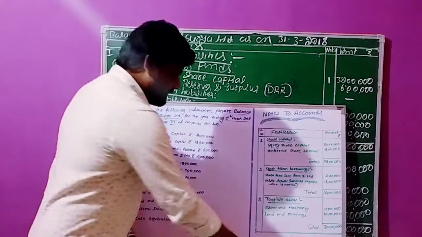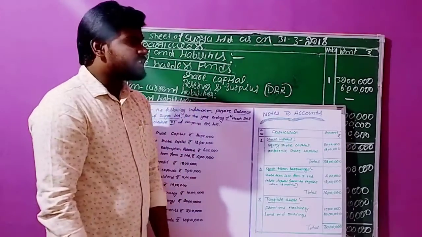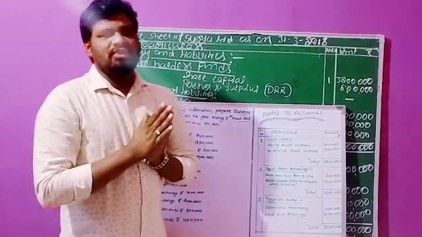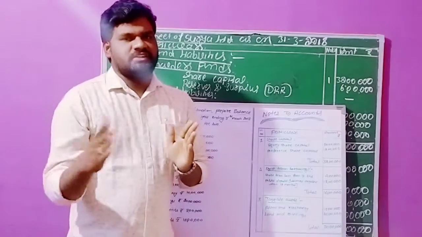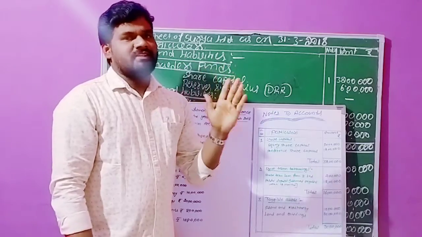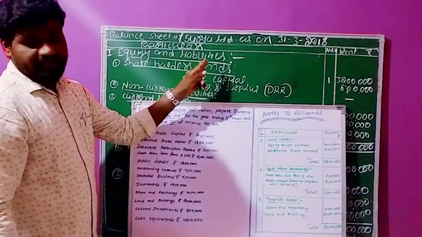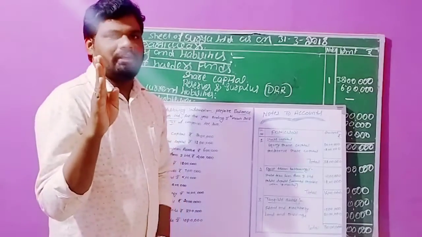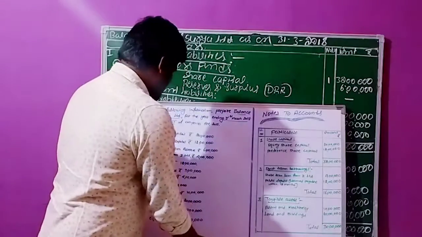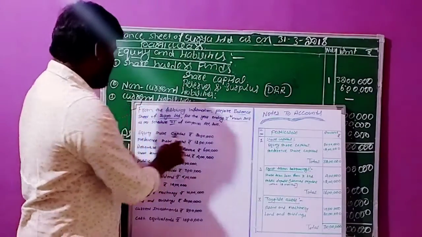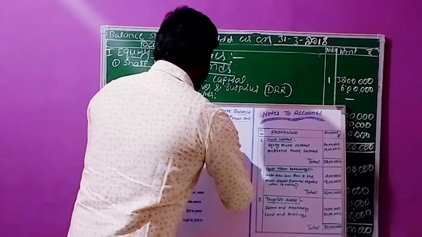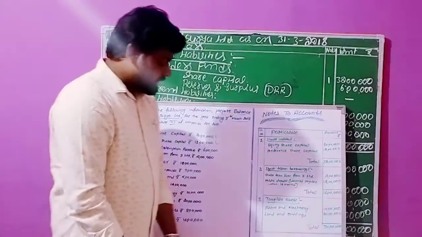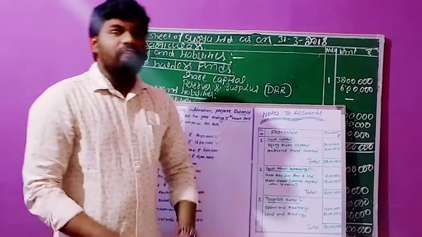Below that, in a balance sheet, the first one we take is equity and liabilities. Under equity and liabilities we can write different transactions. Namely, we have three appropriate heads. The first one is shareholder funds. Under shareholder funds, first we need to write share capital. As per the given information, they have given equity share capital as well as preference share capital. They are giving two types of capital, so for the two types of capital, now we need to apply one working note.